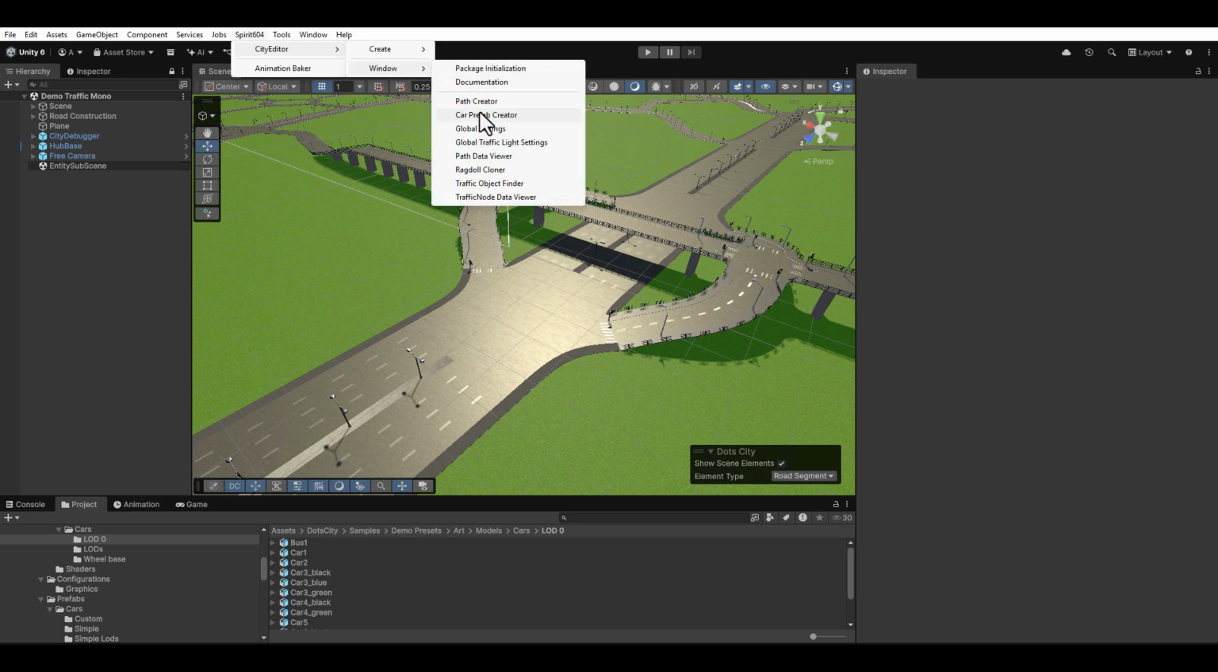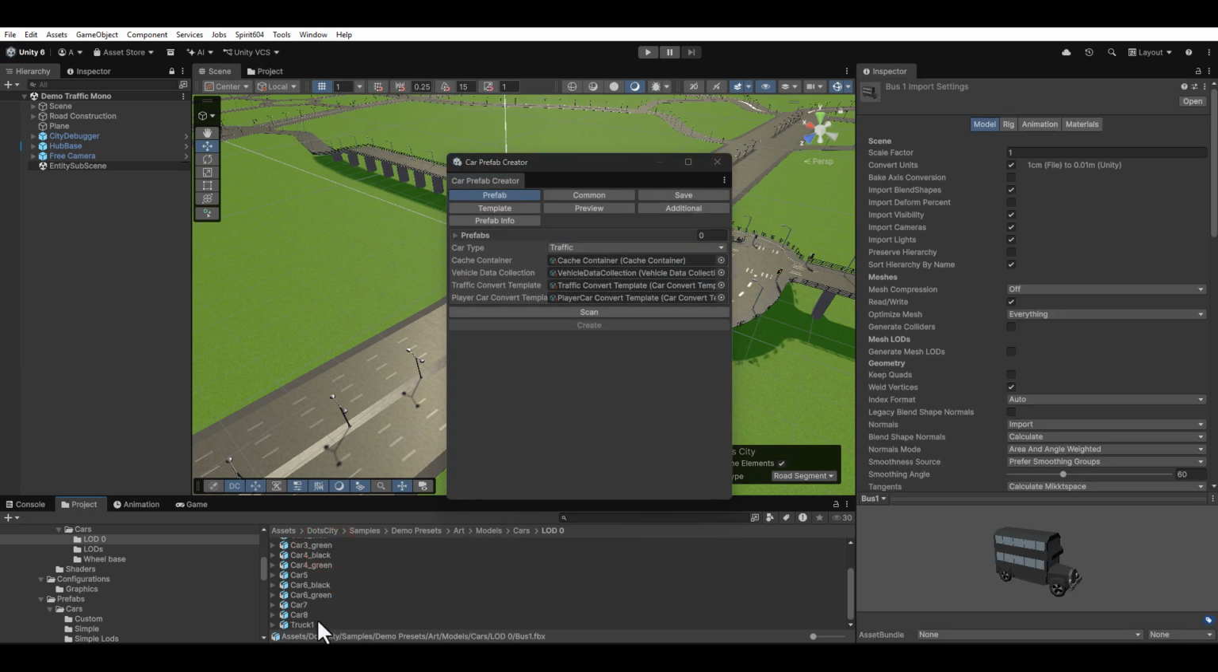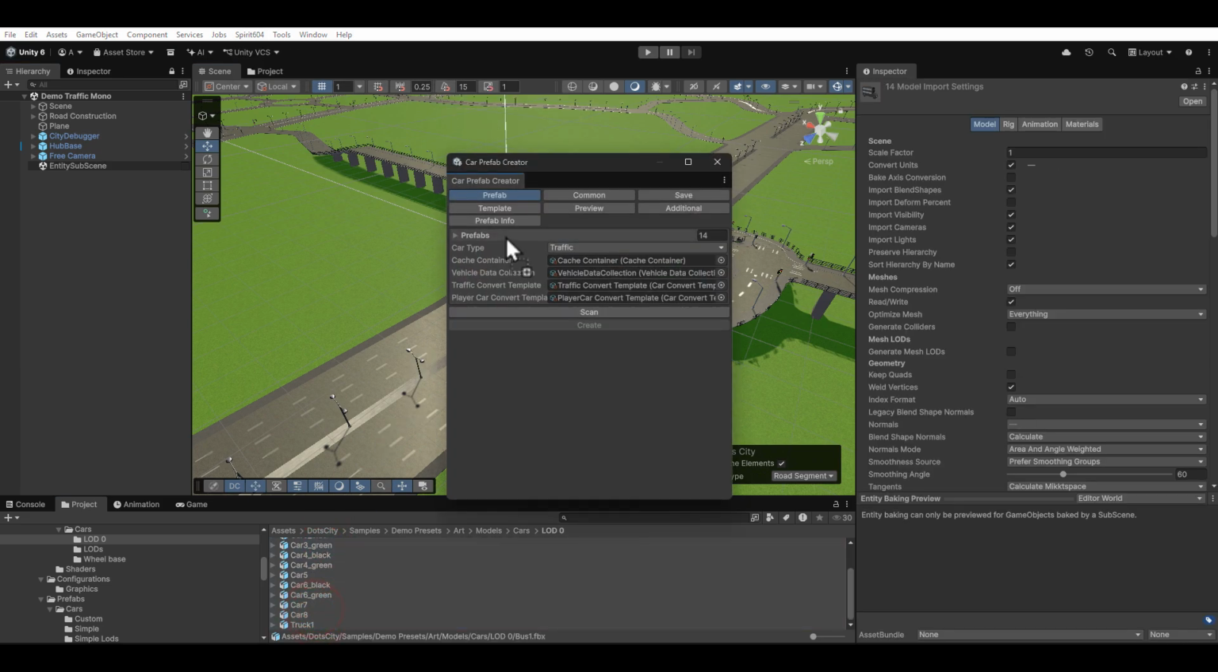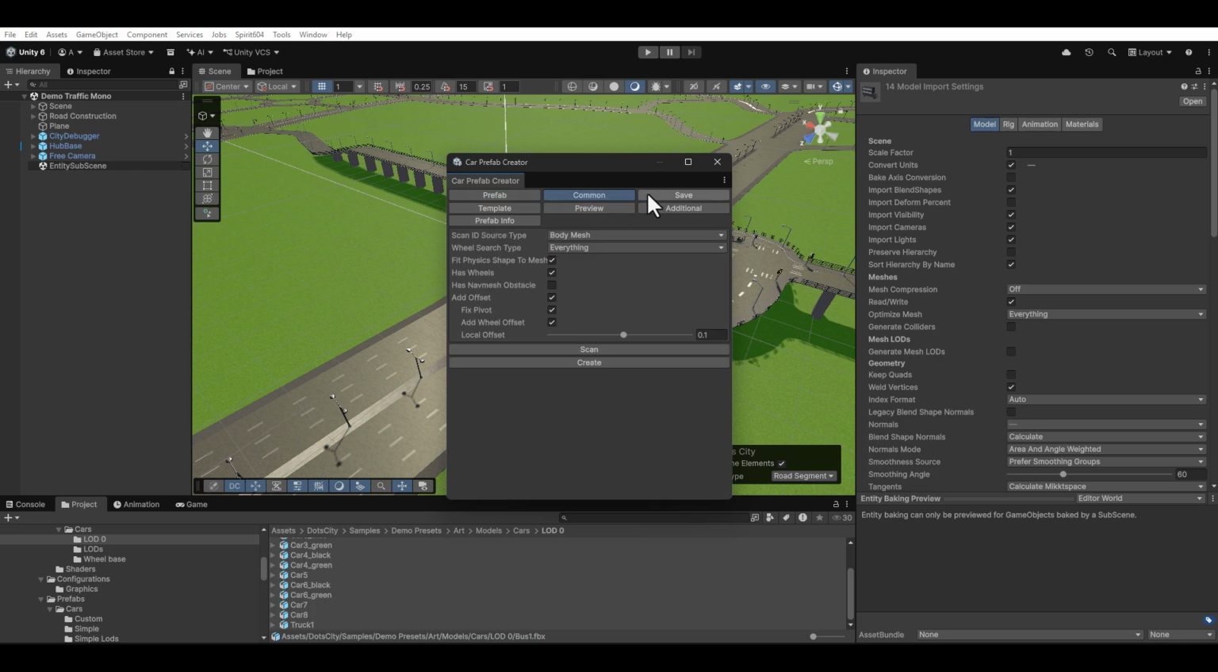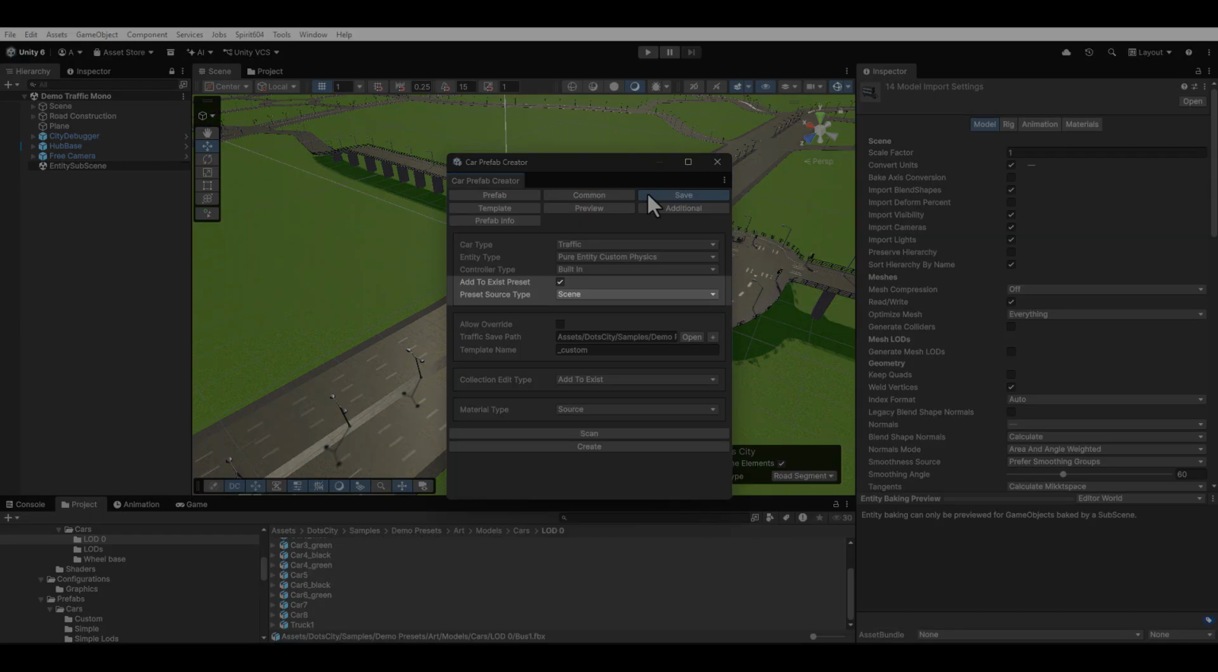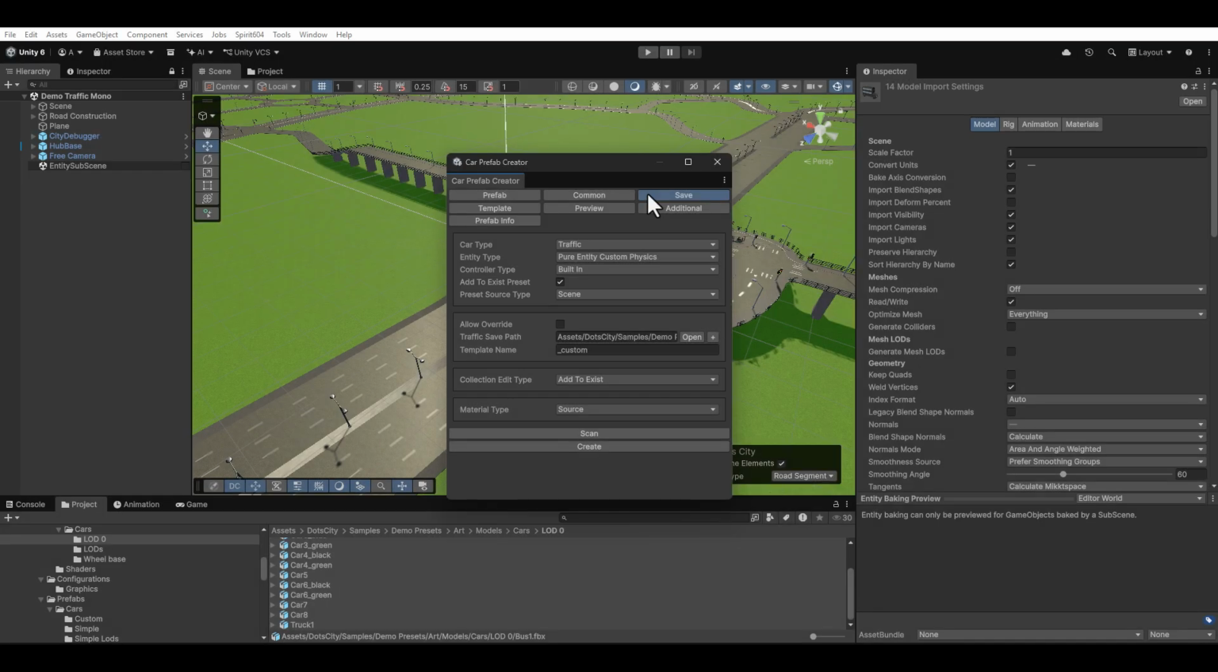Next, we need to open the Car Prefab Creator window to generate our vehicle prefabs. Drag and drop your desired vehicle prefabs into the window, and then click the Scan button. Next, open the Save Settings tab. Here, we need to configure our preset parameters. Set the entity type. In our case, let's select Hybrid Mono Physics, which will work perfectly with our mono behavior